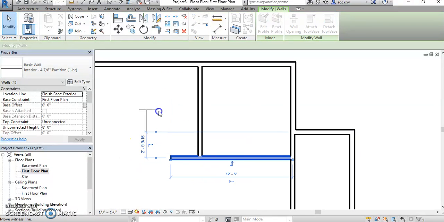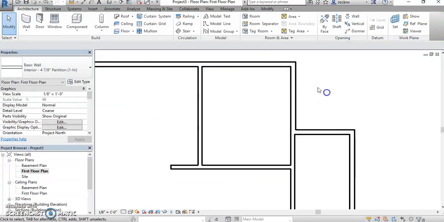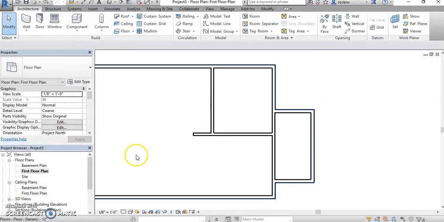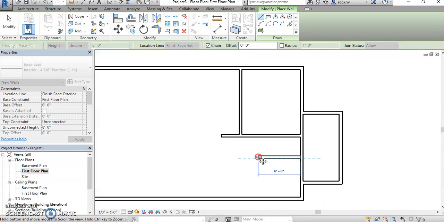This temporary dimension presents itself. I'll extend it to the exterior wall. Click these blue grips, and that dimension was 10 foot 8 inches. Alright, so that's how I'm kind of estimating or guessing where my interior walls go, and